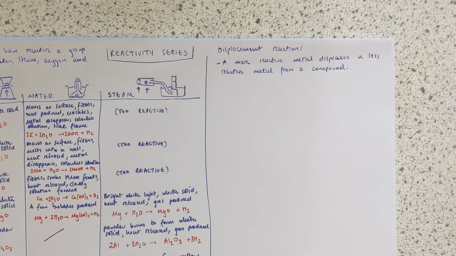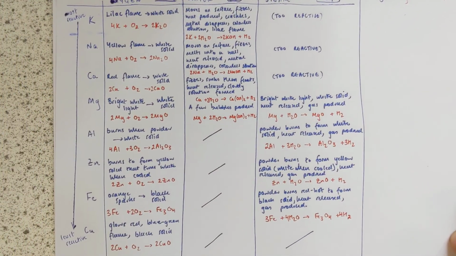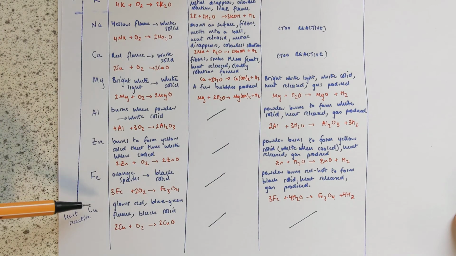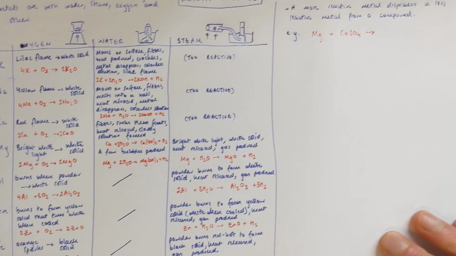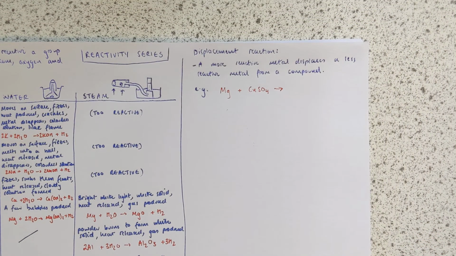Now it's easiest to see that if we look at a couple of examples. Now let's look at the reaction of magnesium with copper sulfate. So we're trying to compare the metals here, magnesium, Mg, and copper, Cu. If we look at our order of reactivity according to our reactivity series, we see that magnesium is more reactive than copper by quite a few places. According to our rule for what a displacement reaction is, that means that the more reactive metal, magnesium, should be able to displace or push out the less reactive metal